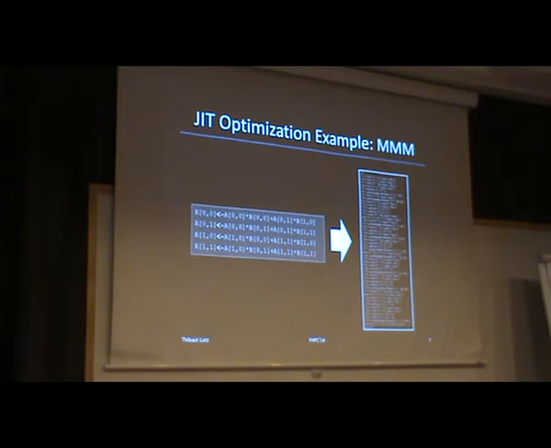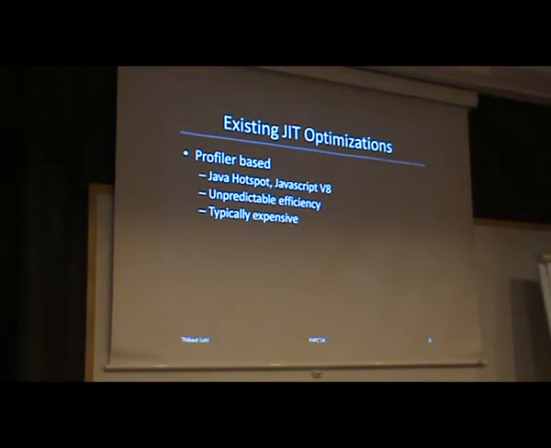So C++ compilers are really good at doing that, provided you know the size of your matrix at compile time. But most of the time you don't know it. So C++ doesn't have any mechanism to do this kind of optimization at runtime. Other languages do. For instance, you have Java HotSpot and